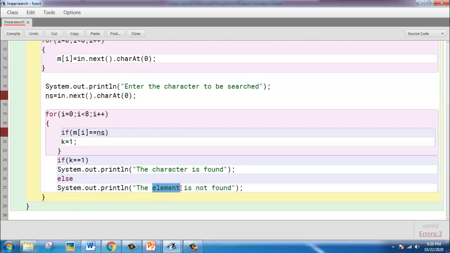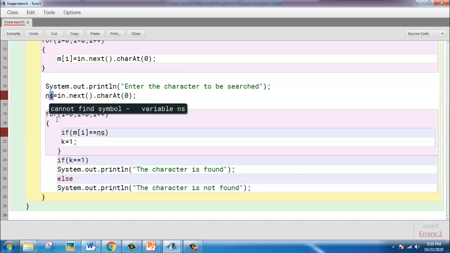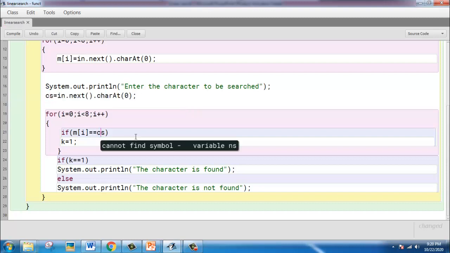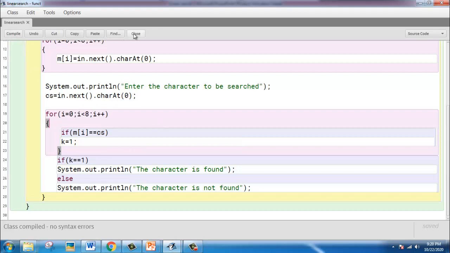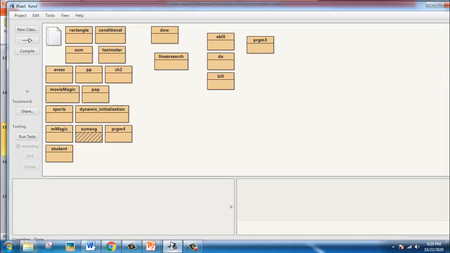and here I'm just giving character is not found. Okay, so I'm just giving character to be searched. So this one was cs, and this is also I'm giving as cs. Okay, so if I compile, it will compile properly, and when I give it here,